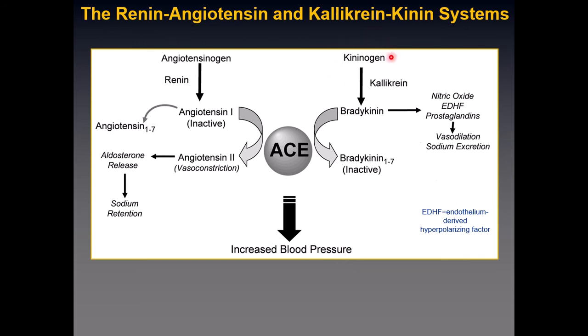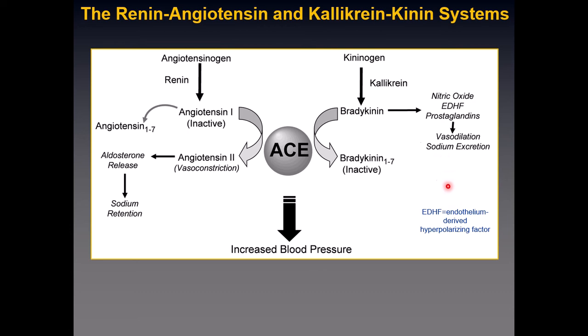Kininogen is another protein which is also released by the liver and it is converted to bradykinin by the enzyme kallikrein. Bradykinin is the most potent vasodilator. Basically, this bradykinin is the negative feedback mechanism of angiotensin 2 or angiotensin 1. Bradykinin is then converted to nitric oxide and prostaglandin, and they will cause vasodilation and sodium excretion. If the vessels become dilated and the sodium is excreted from the body, obviously the blood pressure will